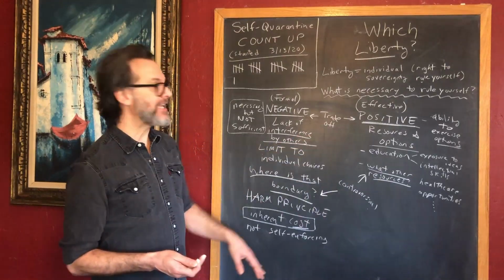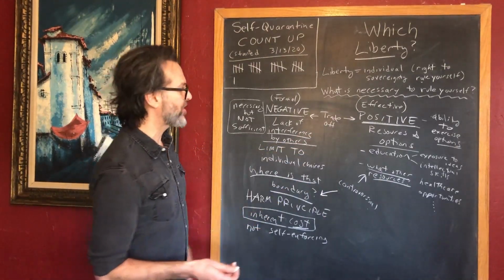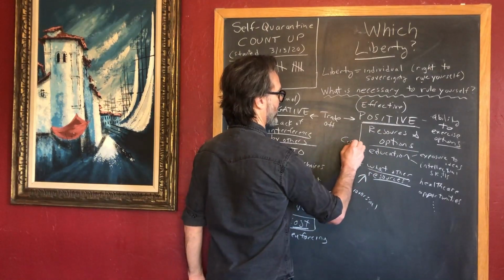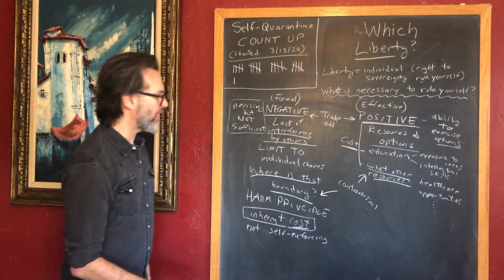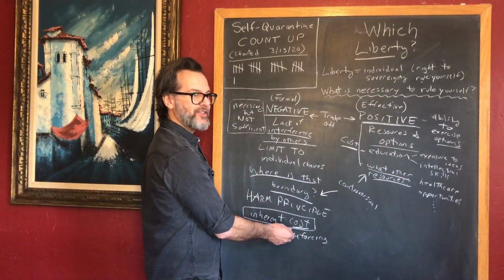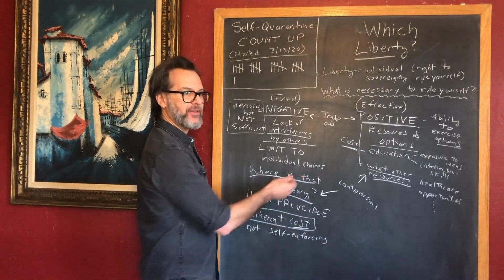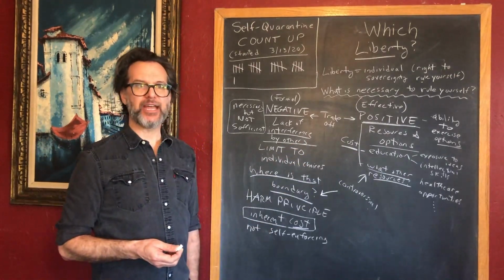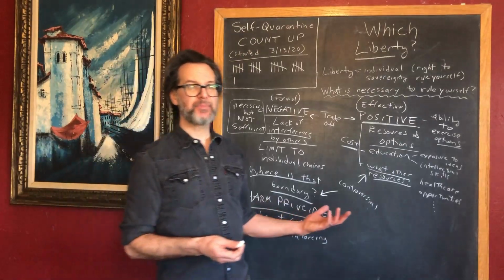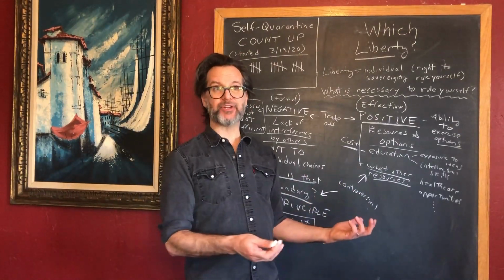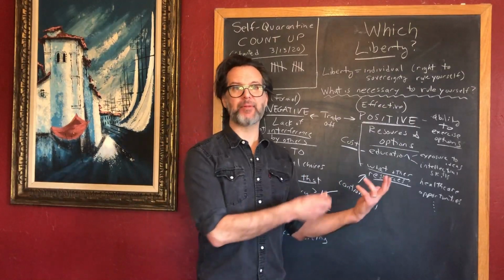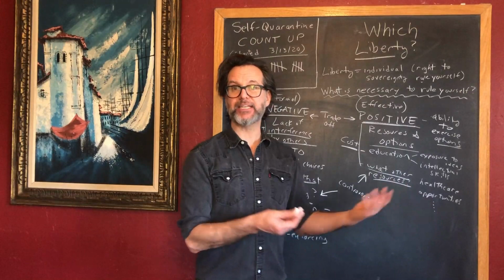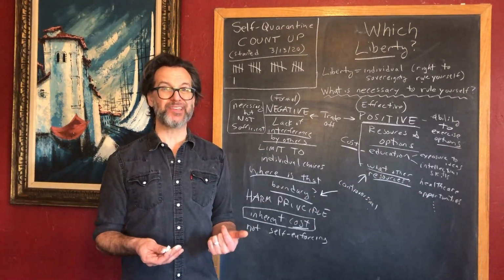The trade-off is that we now have another cost, because resources always cost, right? So we have two costs. One is to set and police the boundary of negative liberty. The other one is to provide the resources that are necessary. And the reason why that's a cost, again, there could be voluntary contribution, right? People could voluntarily contribute time and money to an educational system that provides the basic exposure to information and ideas and the basic intellectual skills for people to make choices. But that's probably not going to